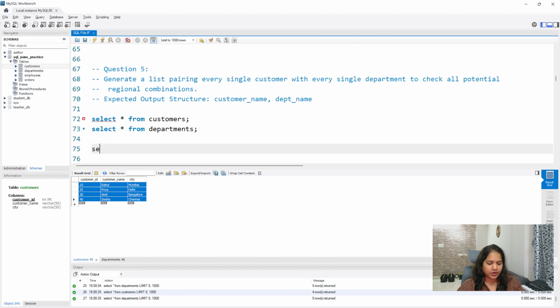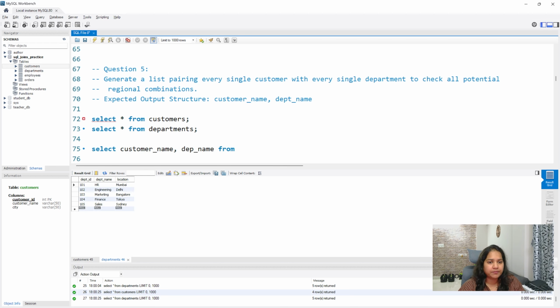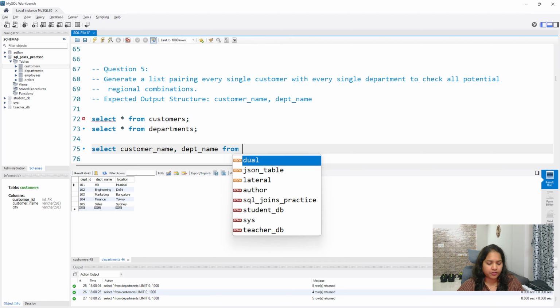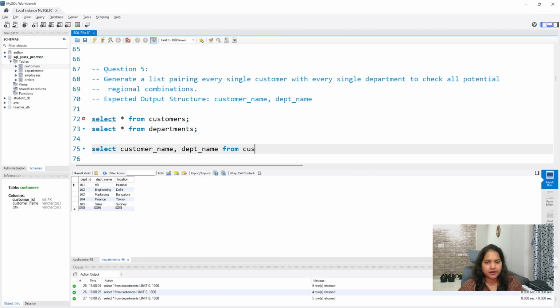Now select the customer_name and the department name column, which is dept_name, from customers join departments. That's all. You will not write any condition because this is a cross join.